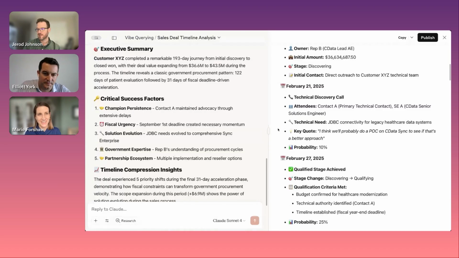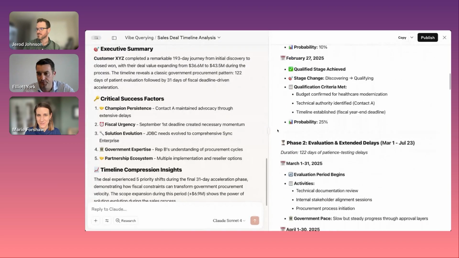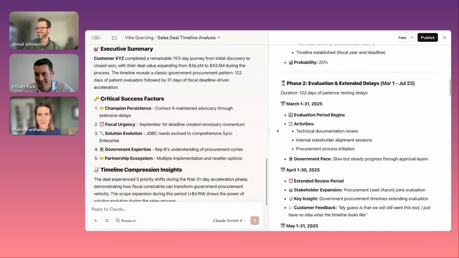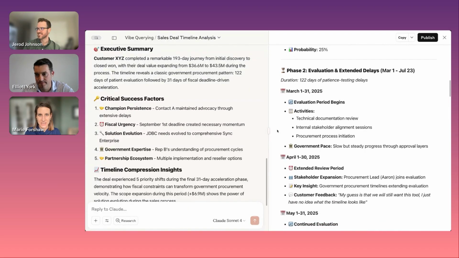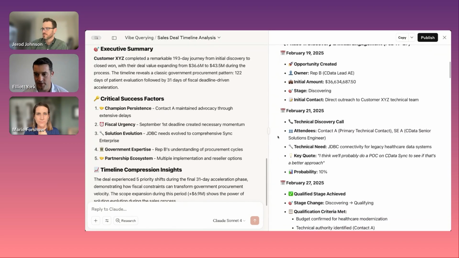This is like Jared said, quite a prompt, but I think this is amazing, what you get out of it. And I feel like we're not even halfway through the results here. It breaks out by deal stage, it looks like, the way that you've written it, Elliot. Typically it gives it to you in chronological order, right? Which naturally follows the deal stages. I was just commenting on how it followed through the deal stages, and typically gives you that first discovery, all the way to op creation and so on.